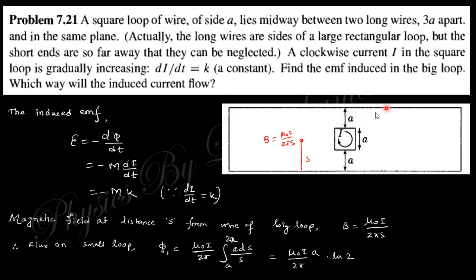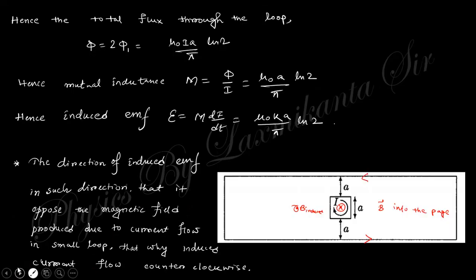So if you take this as the current flowing in that region, the EMF induced will be like that. Due to this line conductor, the magnetic field will be like that. Since the two currents are in opposite directions, the magnetic field will be in the same direction in this region. That's why the two contributions appear here. So the magnetic field B will be like that, and the flux will be like that.